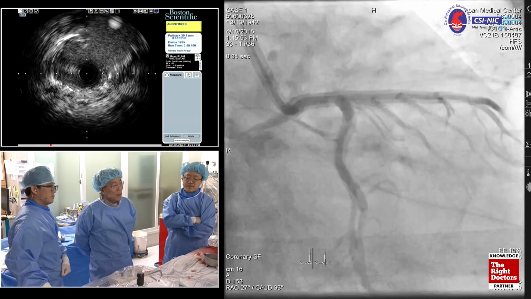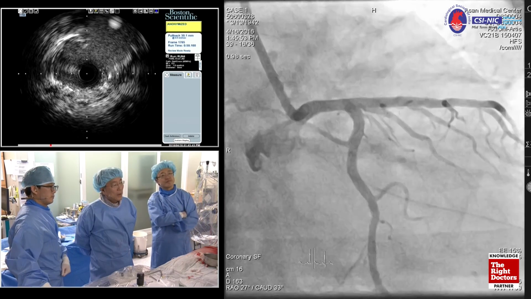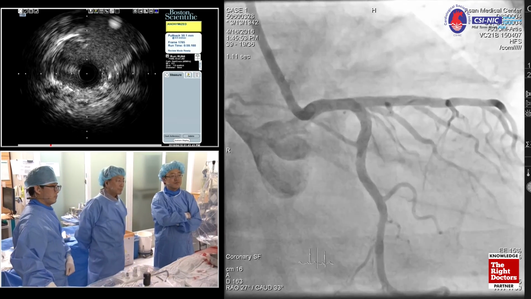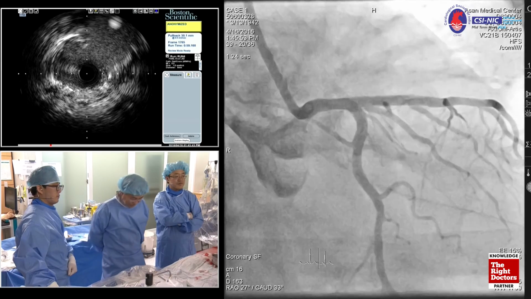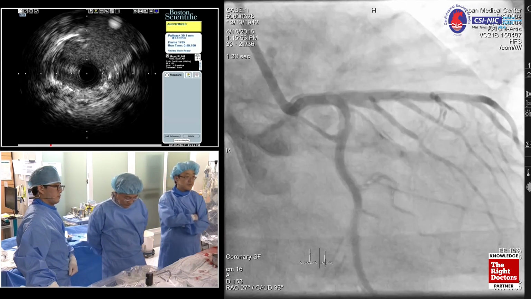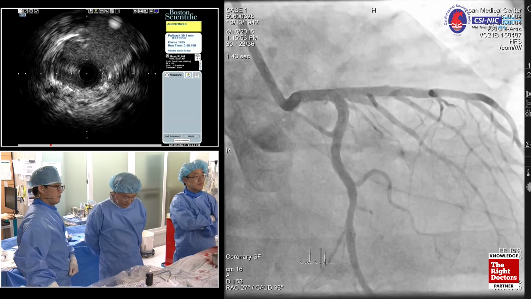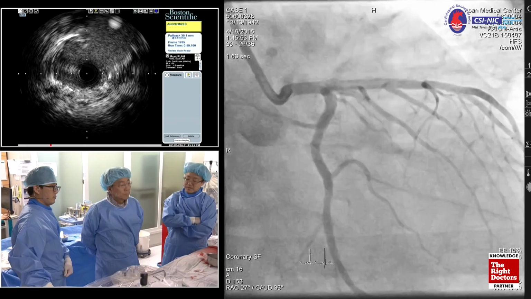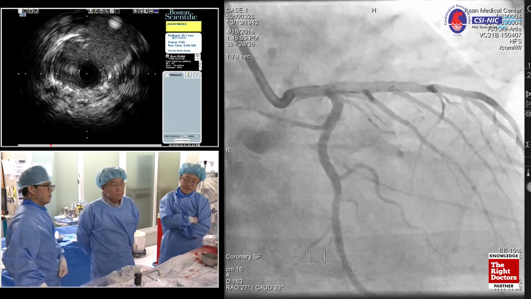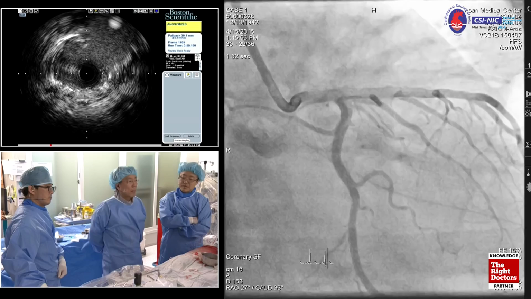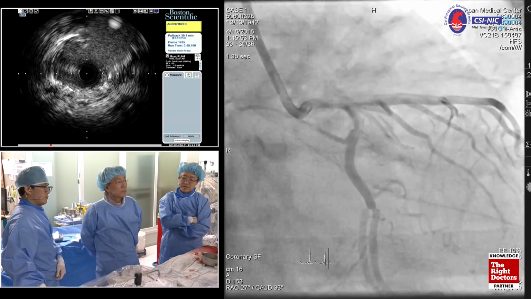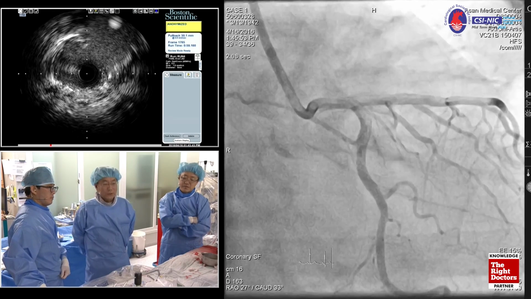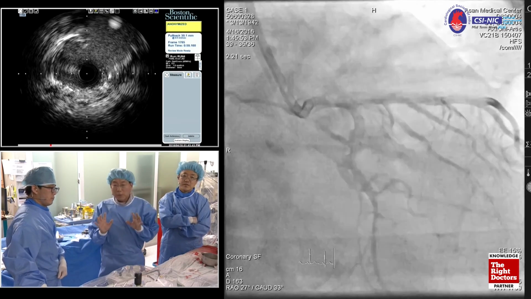Yes, my focused question is if we cannot apply DEB alone, that is the trouble. So my personal view, the most predilection site of recurrence is the circumflex ostial area. So in the case, second stage, I prefer to do the culotte stenting to save the ISR in the left circumflex ostial area. But we don't have data. So main to circumflex option and another culotte stenting, that is my most preferred strategy in case of failure of balloon alone. Great. Good.